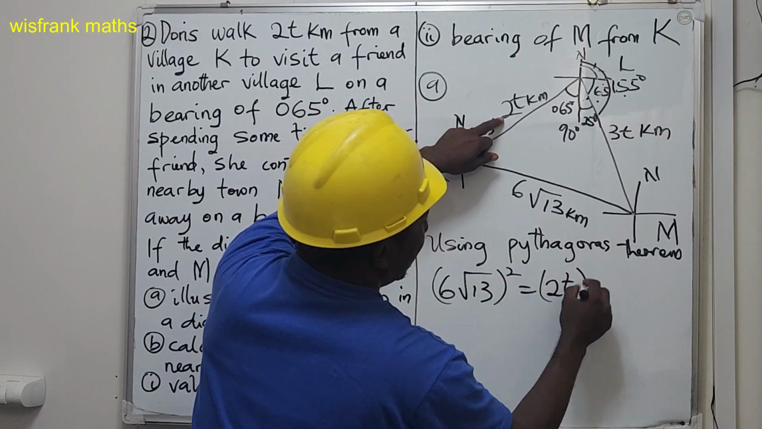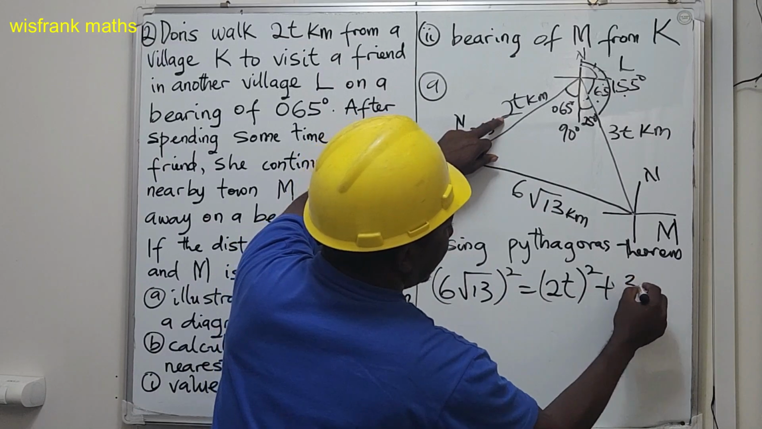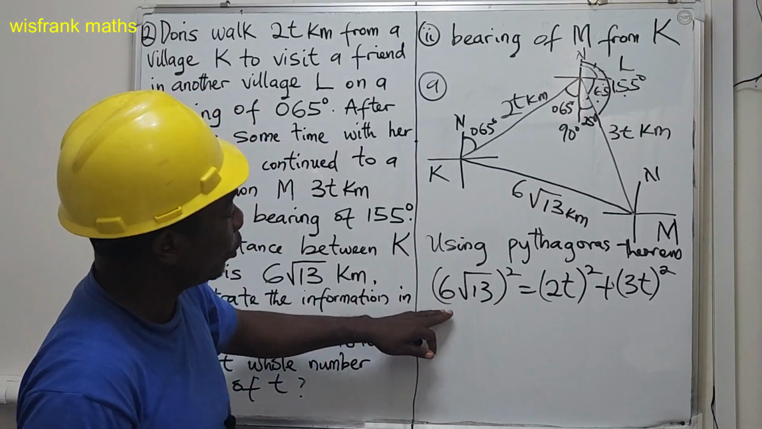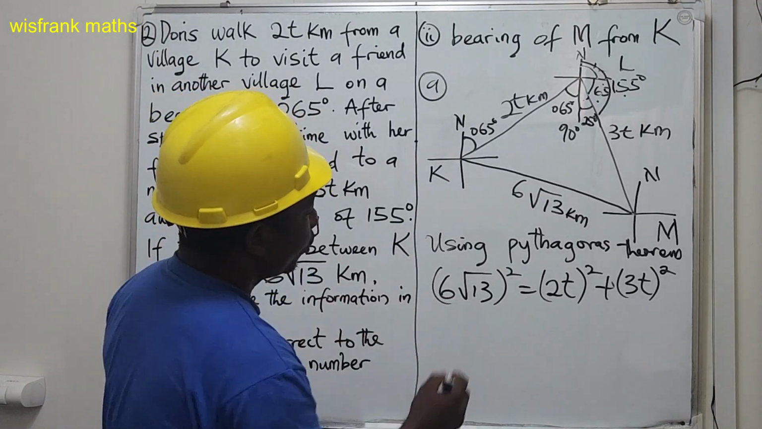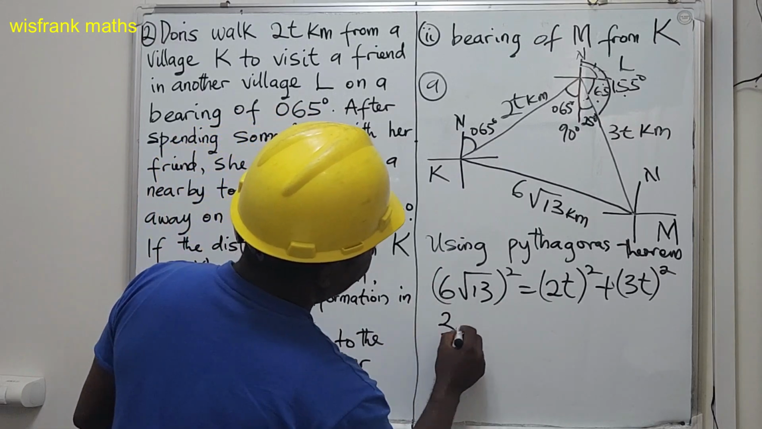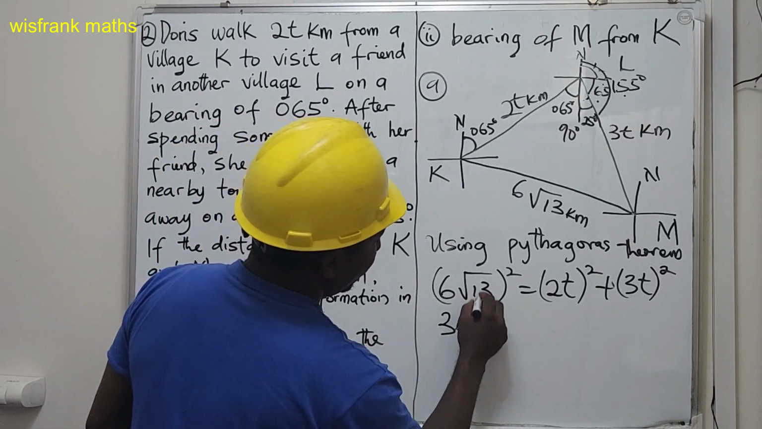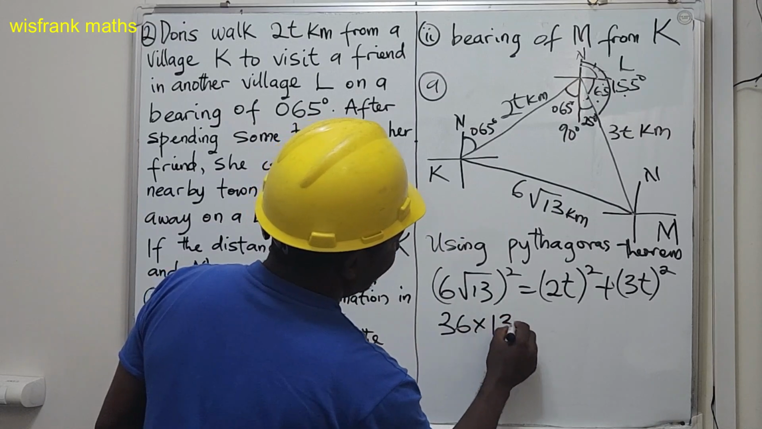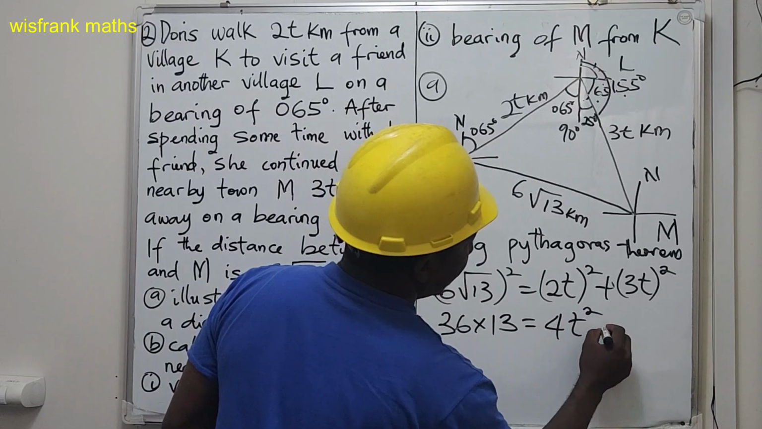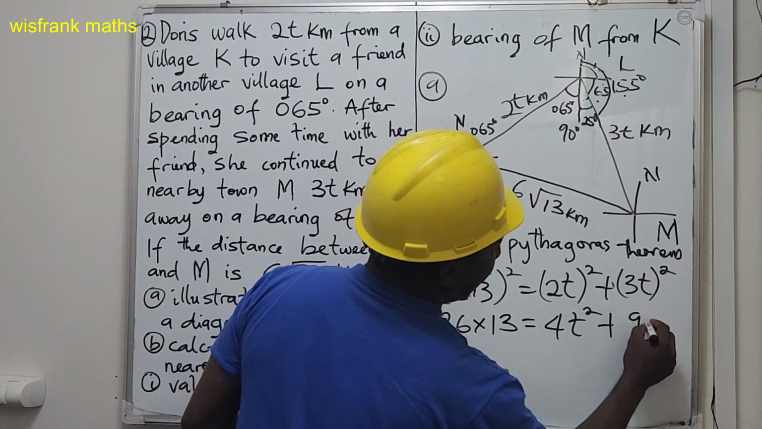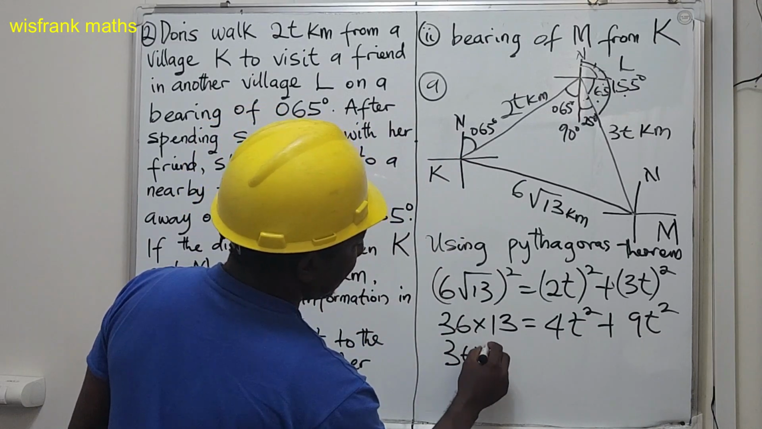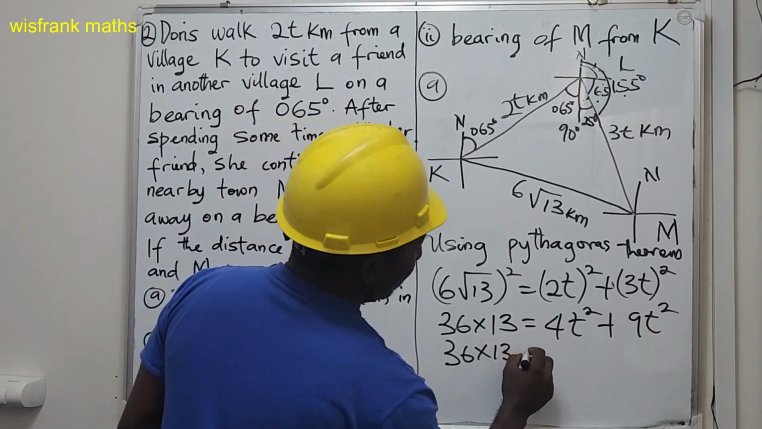2t all squared plus 3t all squared. From here, we are going to find the value of t. When we square this, we have 36, and squaring root 13 gives 13, plus 4t squared plus 9t squared. So we have 36 times 13 equals